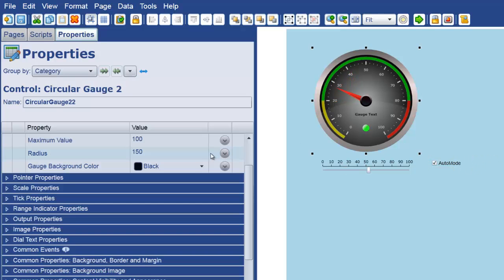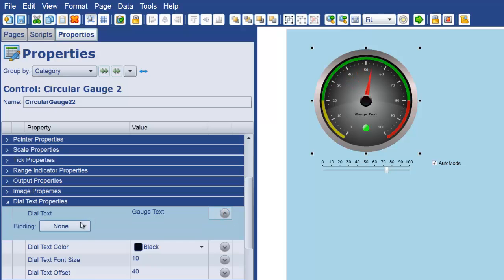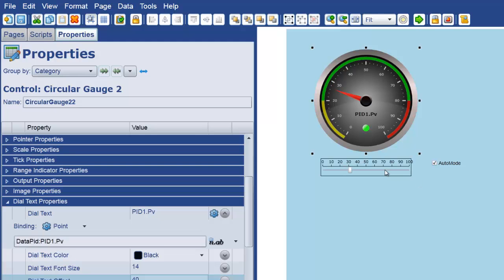And of course I can do that here. I can do it on the gauge. I can do it wherever I feel is necessary. So let me just do that as well. That is on the dial text. That's it. Dial text property of the gauge. And this one was bound to PV, and again I'm going to display that with some variation. Okay. At any rate, I have at this point some controls that are bound to the